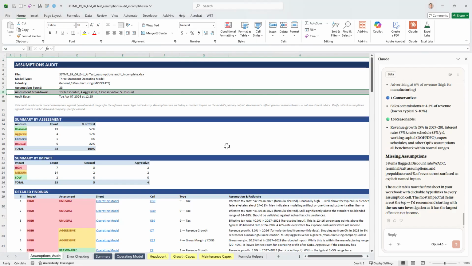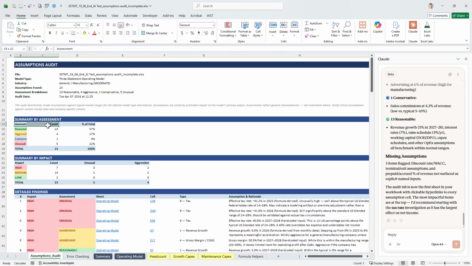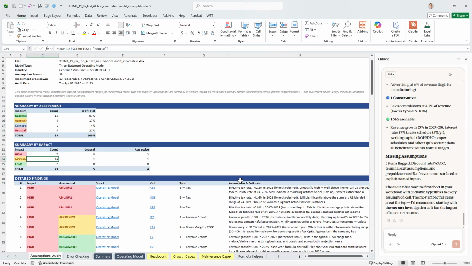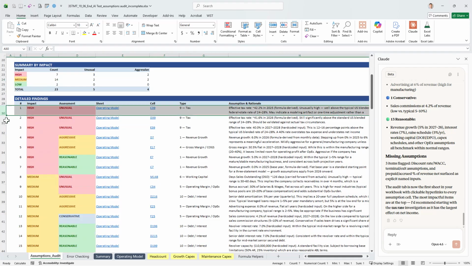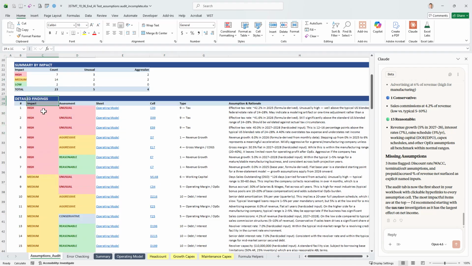Okay, so the skill is now finished, and it's put together a summary of all the assumptions by their reasonableness as well as their impact on the model. So I have a table up here that's formulaically built for reference. And then down below I have each and every one of its findings. So it's all the individual assumptions that it flagged according to the impact on the model as well as how